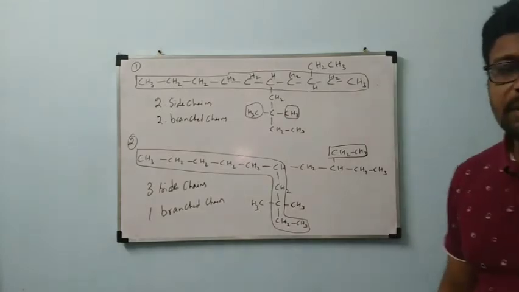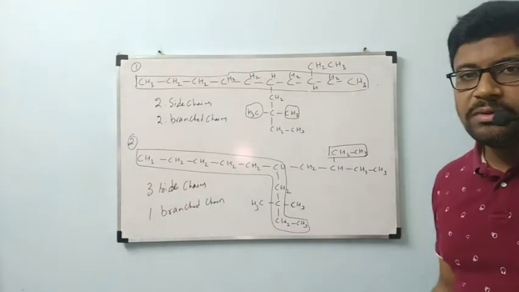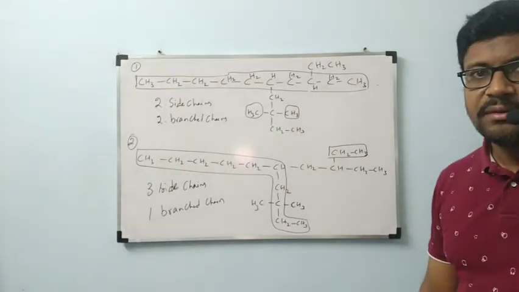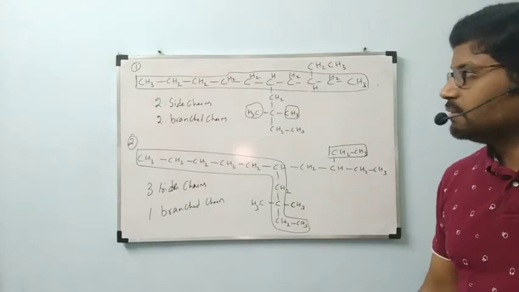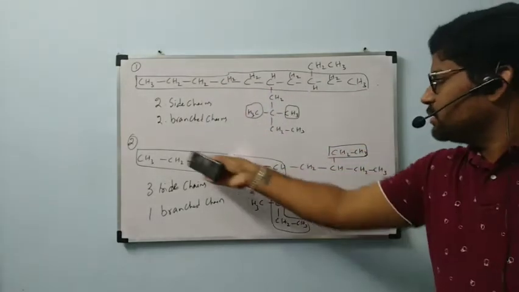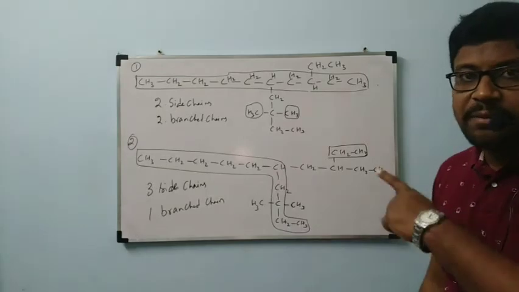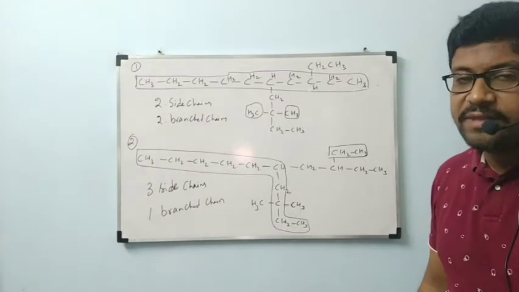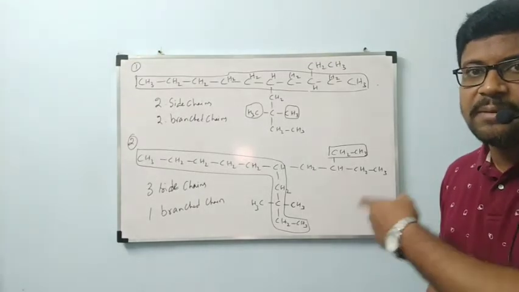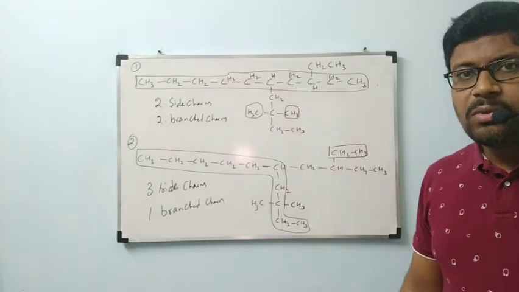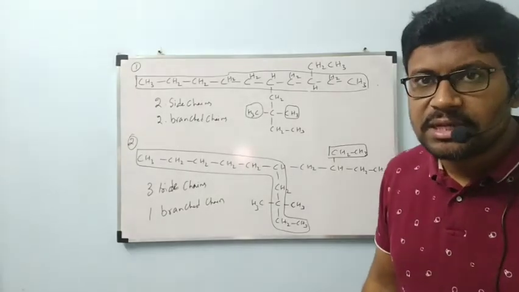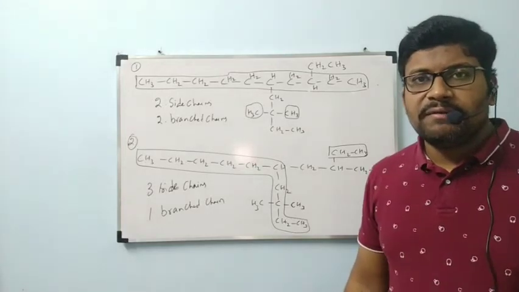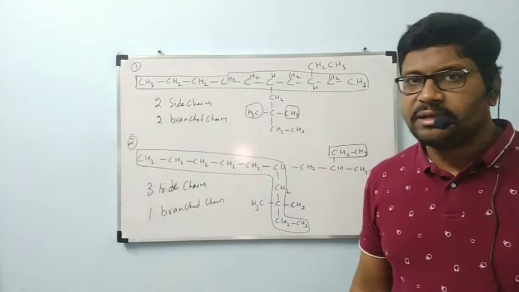So first, what I have done: in this compound we are getting two possibilities. Both possibilities have the same number of carbons in the parent chain. This one is contained by 10 carbons, and this is also contained by 10 carbons. This type of checking of the number of carbons present in the parent chain, if they have the same number of carbons, then only do we have to check this type of possibility. Otherwise no need. Which one has the maximum number of carbons, that one we will select.